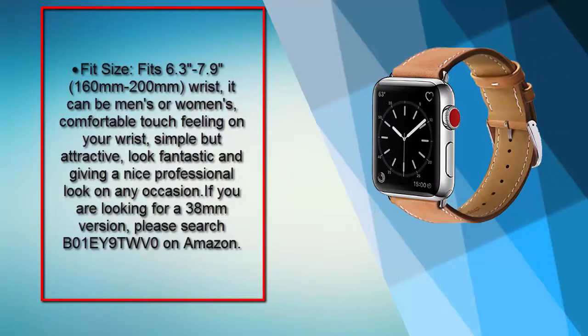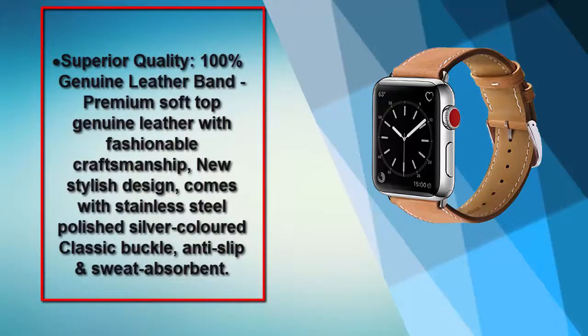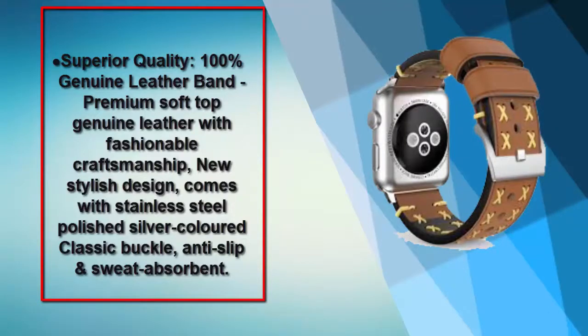If you are looking for a 38mm version, please search B01EY9TWV0 on Amazon. Superior quality, 100% genuine leather band, premium soft top genuine leather with fashionable craftsmanship, new stylish design,